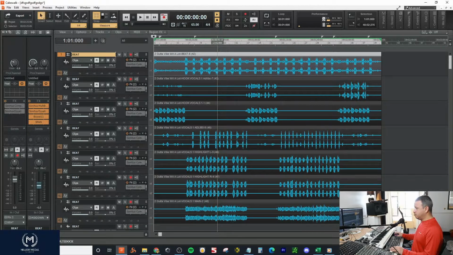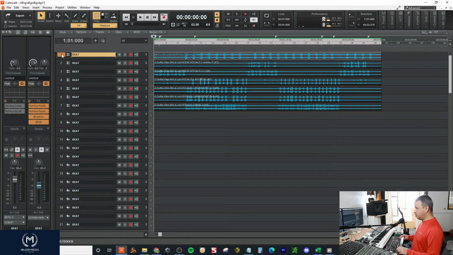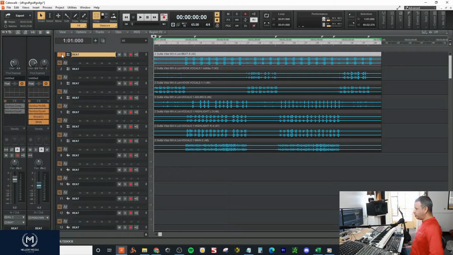But so this is how you would want to prepare your files to send them for being mixed or mastered. In this case, I'm not actually doing this. I'm just showing you for demonstration purposes. But that's how you would bounce out your tracks for Mixdown in Cakewalk. Depending on the program you use, in Pro Tools, you could just select everything and right-click and do Consolidate Audio. And it's actually going to make tracks like these in a folder